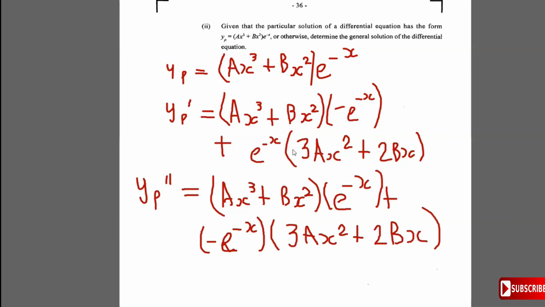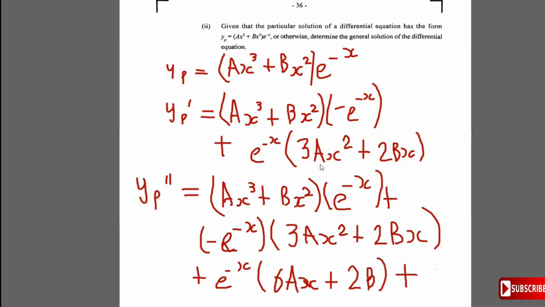All right, now we need to differentiate this one. Keep the first, which is e to the minus x, times the derivative of the second. We differentiate 3ax squared, we're going to get 6ax. So we get 6ax plus, when you differentiate 2bx, you just get 2b, plus,